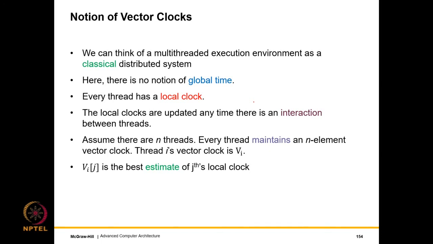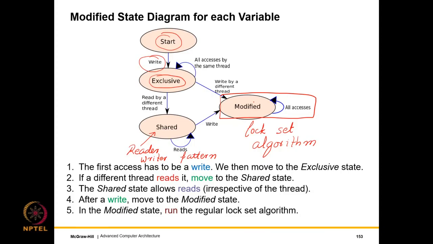So what are the key takeaway points? Let me just go back once again. The key takeaway points are it's a simple algorithm where all that we do is we dynamically track LV, which is the vector of locks held by a variable or vector of locks required to access a variable, and LT, which is the locks held by a thread. Every time there is an access, we just compute this. But as I said, that would give us too many false positives.